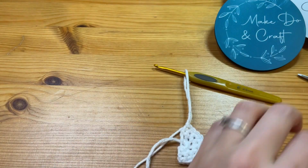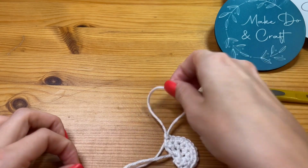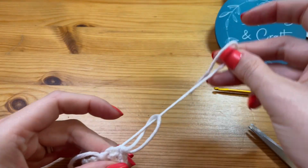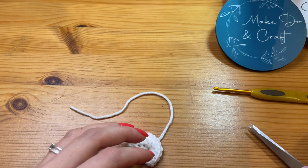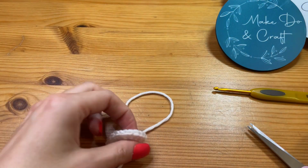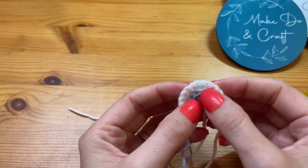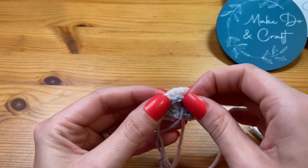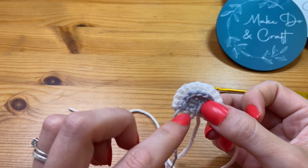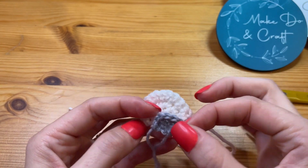As always, pull up a long loop, trim your tail, and for sewing to the head, wrap your tail through your loop there, and then as you can see, if I show you the inner ear there you have your little polar bear ears. So for assembly, I would, for ease of assembly, sew the inner ear